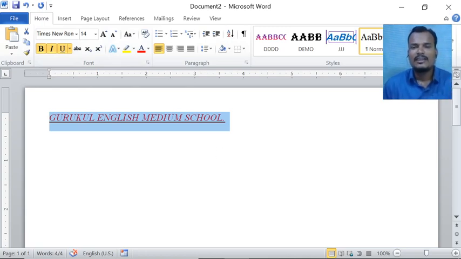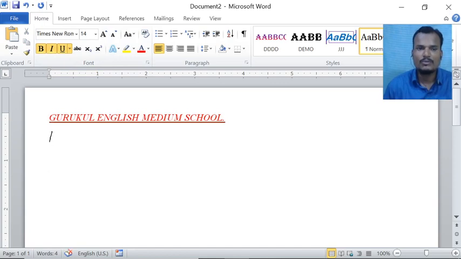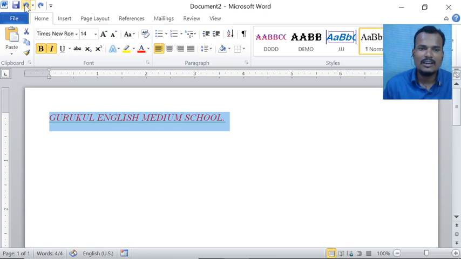But after some time, I don't want all these formats. I want my original text. For that also we can go for undo. Whenever I click on undo, it comes one action back. See here, first I click on undo. Select the text and click on undo. See what happened. At last I had given underline, and here the underline is gone.